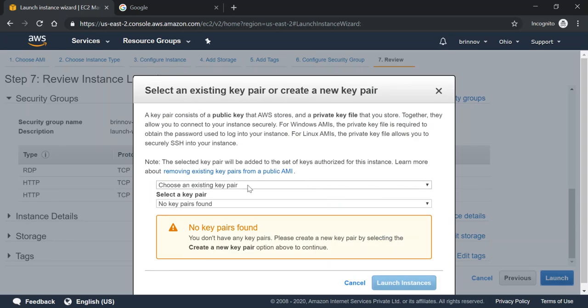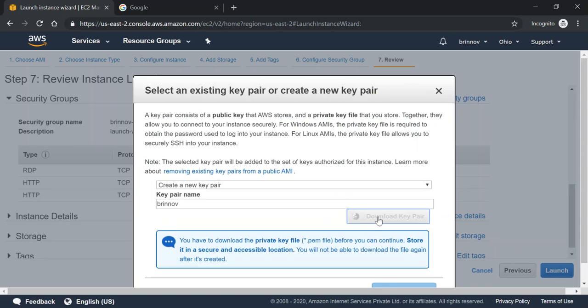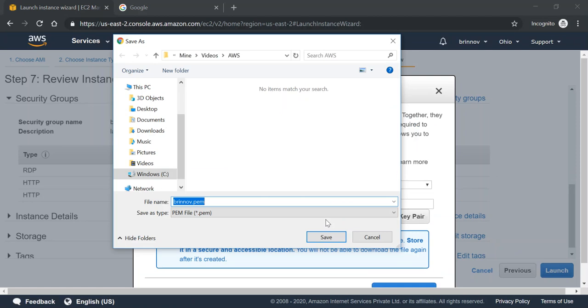We need to create a key pair. Create new key pair. Bruno. Download key pair. This key pair can be downloaded only once in a lifetime. Once it is downloaded, then we cannot download once again.